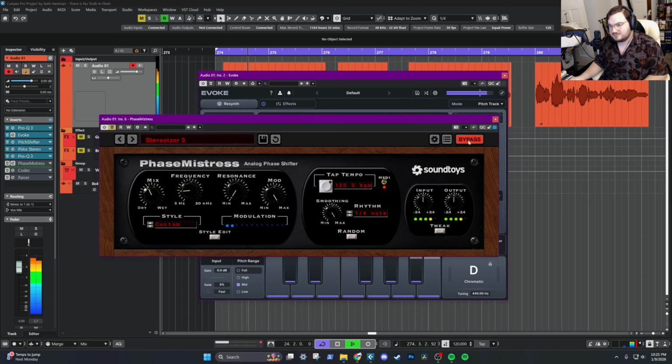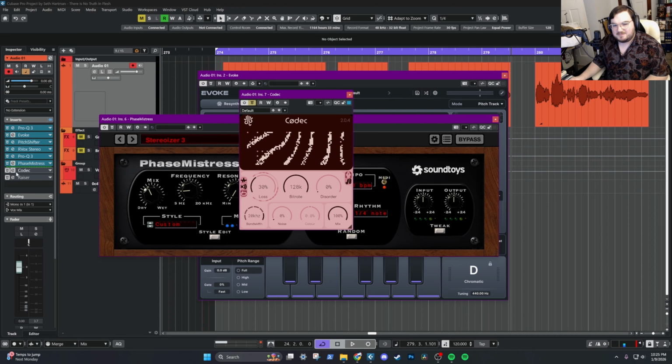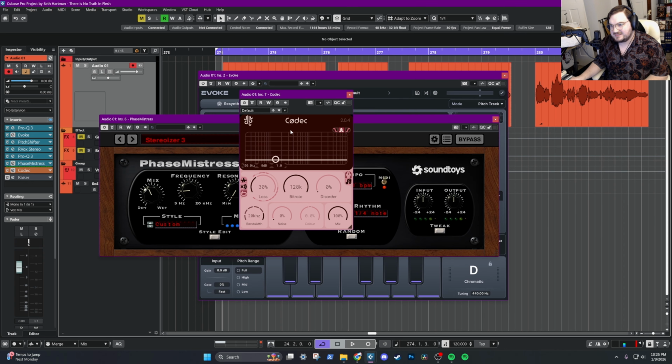From the moment I understood the weakness of my flesh, it disgusted me. I craved the strength and certainty of steel. It also brightens it a little bit, probably gives it a little bit of saturation. Just subtle. Then we get Codec, which is super fun. It's a free plugin. Yeah, all of these so far, they're all premium.